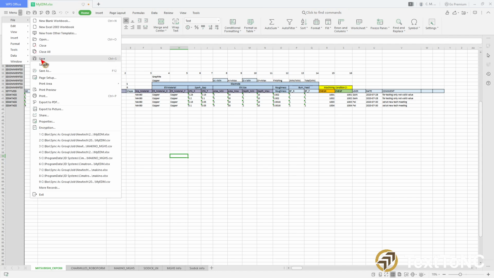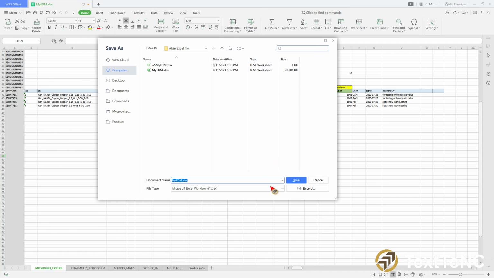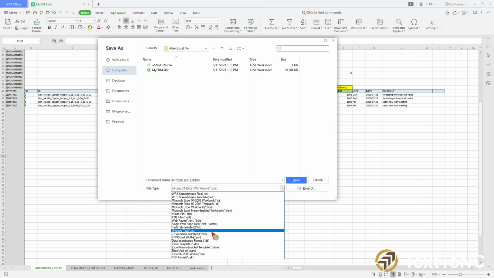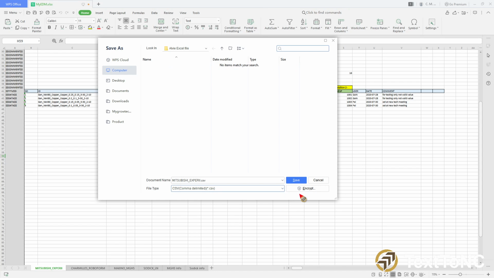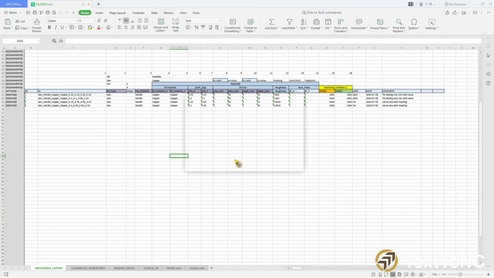Let's go File, Export, Save as, and the name you must put is the same name as the sheet name. If it's Mitsubishi, you put Mitsubishi. If it's Makino, you put Makino. Save as CSV. Save. Okay, and as you can see here,